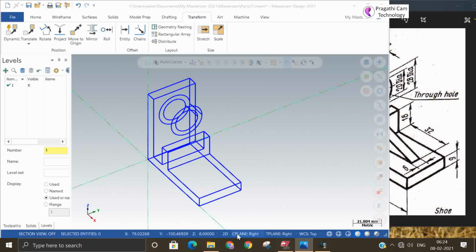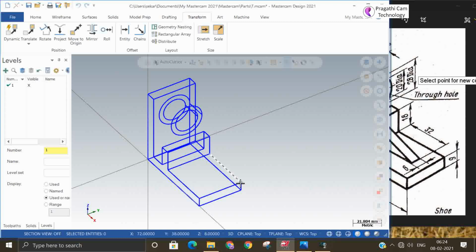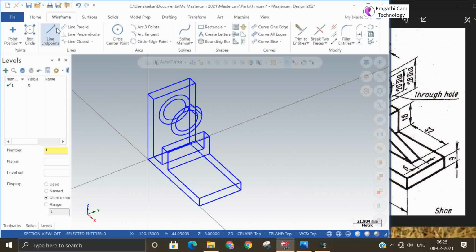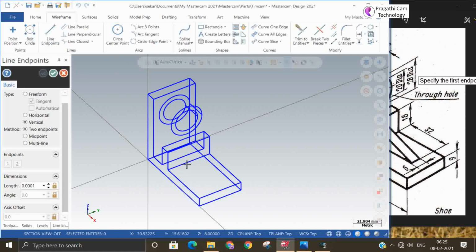So this rib is at the center of this F. So we'll say C plane top, and Z I will keep at 8 mm. Okay. So wireframe line I will make.